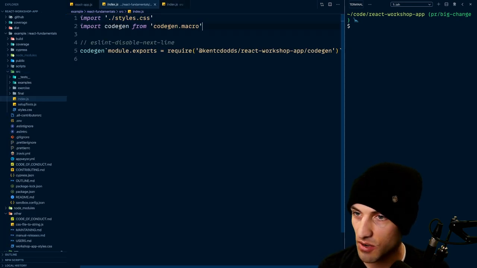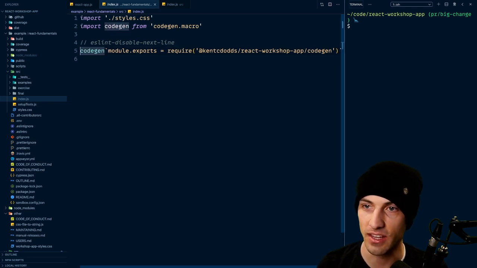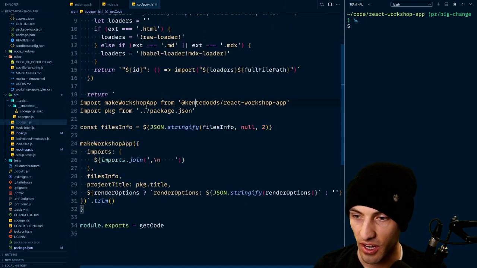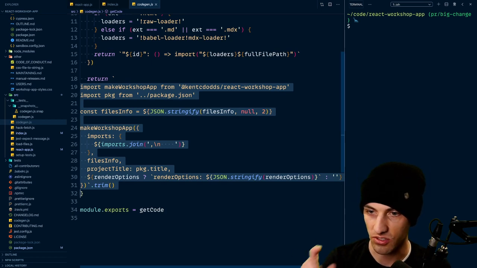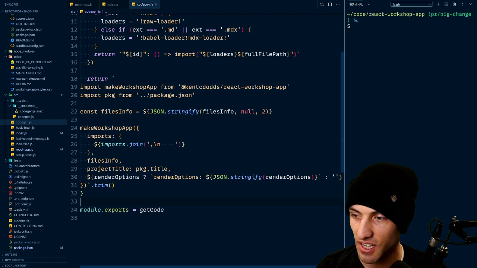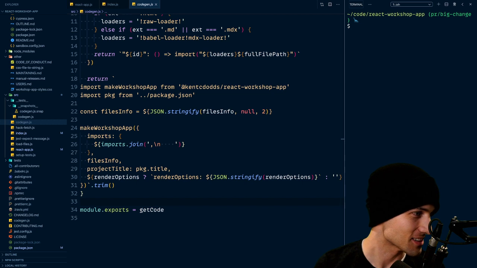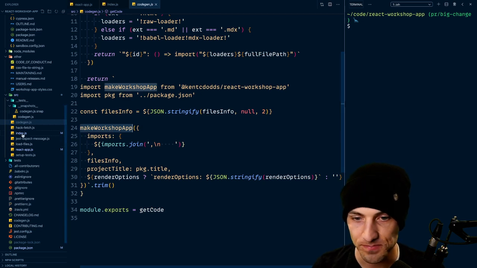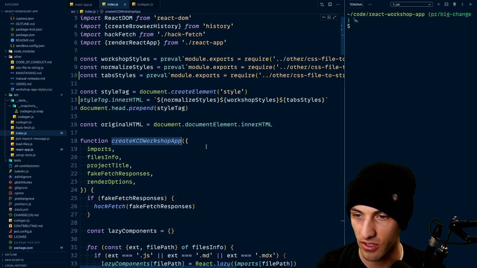I have a code gen macro, and then I generate the code for the app. And then in here, here's the code gen. It basically gets replaced by that code gen line gets replaced by this stuff dynamically at build time. It's pretty wild. I love macros stuff. It's awesome. But anyway, it's a lot of fun. Really interesting way that it works. But basically what this does is it calls this make workshop app, which I have called create. So we'll call this